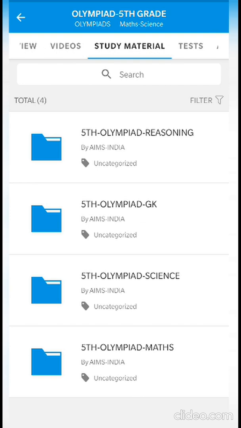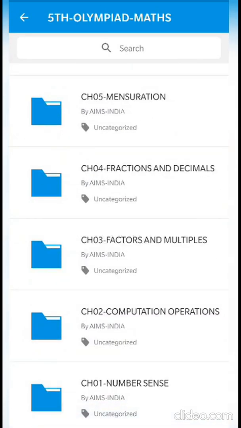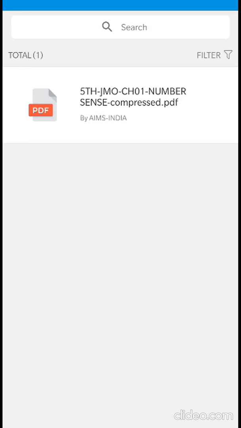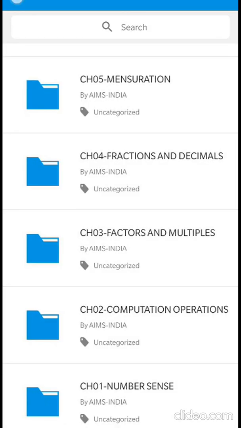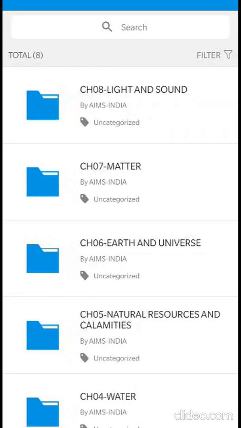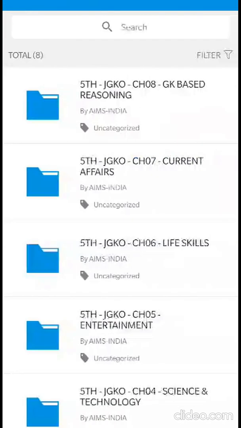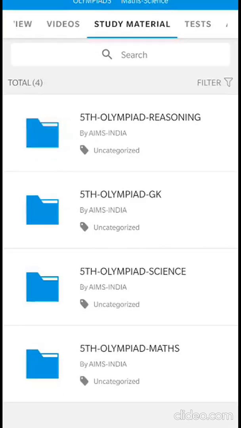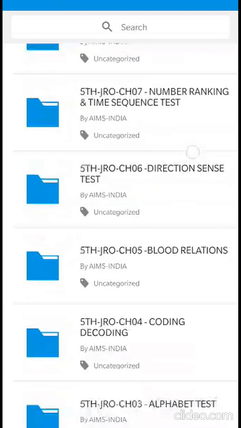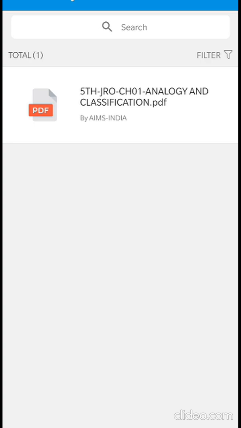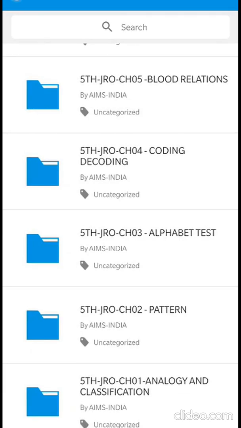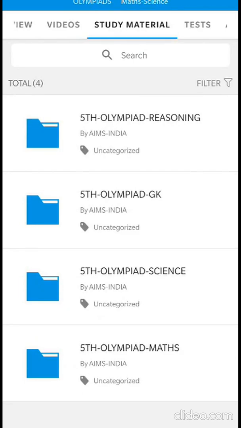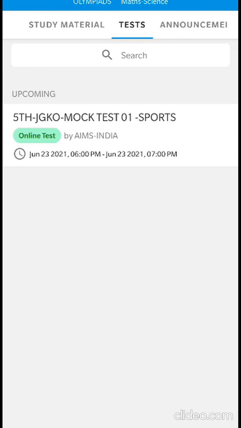After coming back, if you observe beside videos at the top, there is a study material column. There, for each chapter, study material you can find. If you click on each subject and chapter, you can read those in the mobile itself. It will be opened in the mobile. You can see and read that PDF file. So each subject's study materials you can find here. Even reasoning is also there.